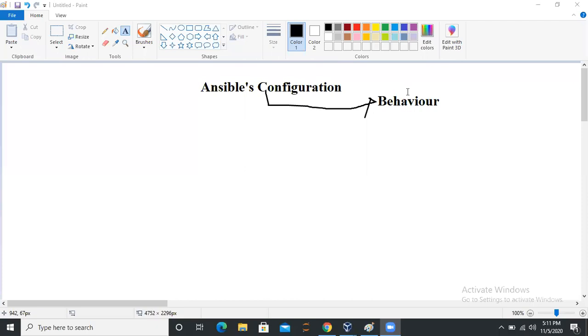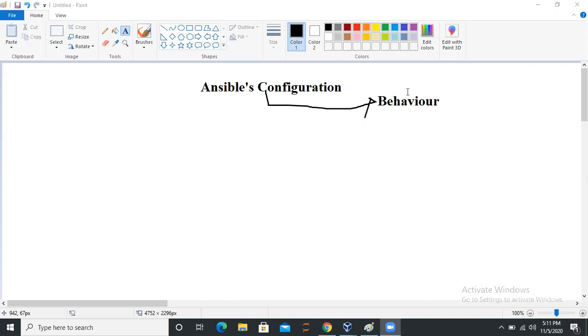Okay, so what is Ansible's configuration file? But before directly jumping towards why the configuration file is actually required and everything, you need to know what Ansible's configuration file actually is. So, what do you mean by the basic term that is known as a configuration?